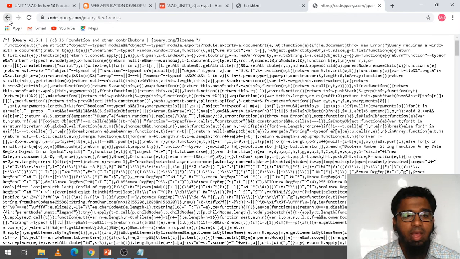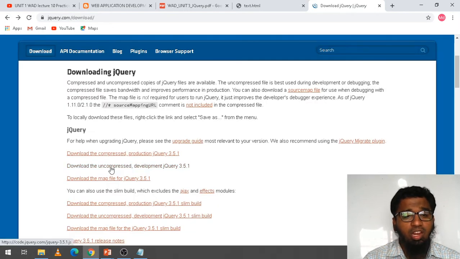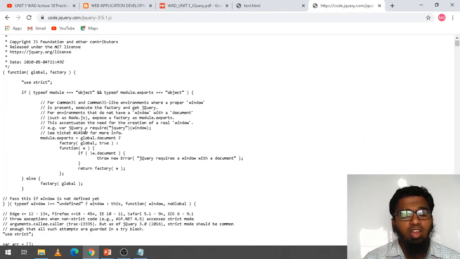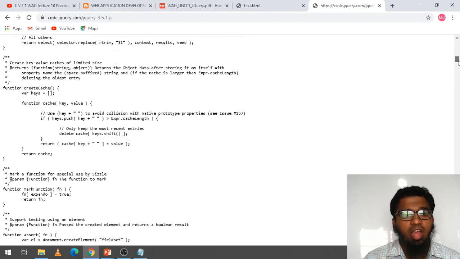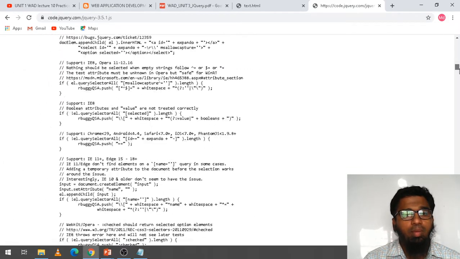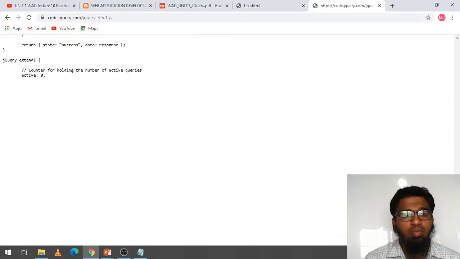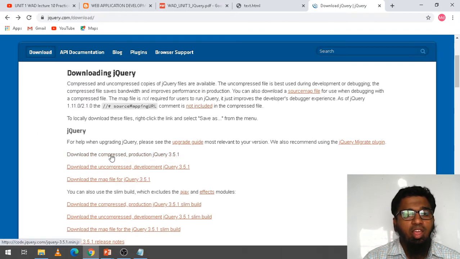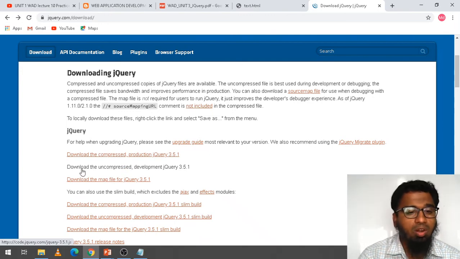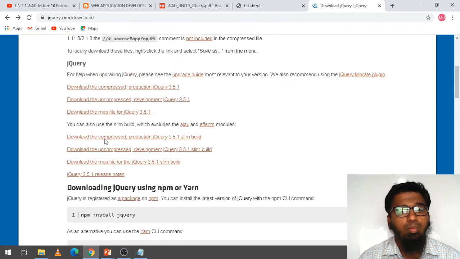Go back. If I click on the uncompressed development jQuery, it is displayed in this format. This is uncompressed and shown in a programming way, and the size will be more compared to compressed. Whether you download the compressed or uncompressed file, both work the same.